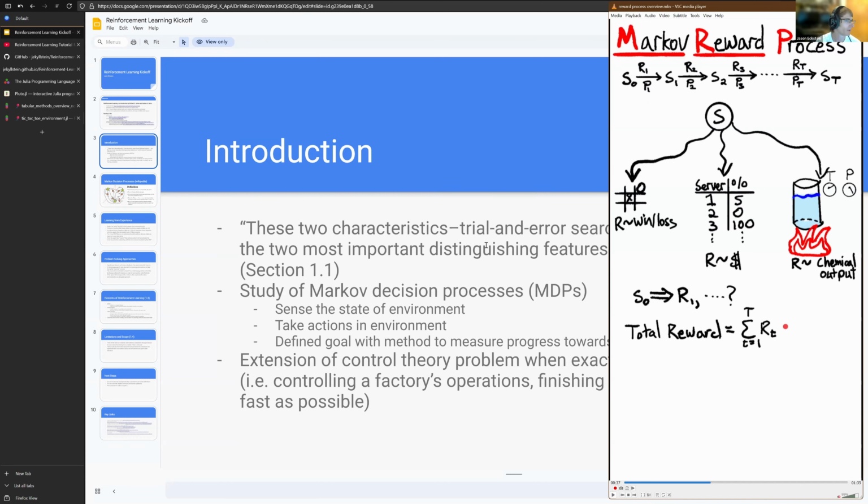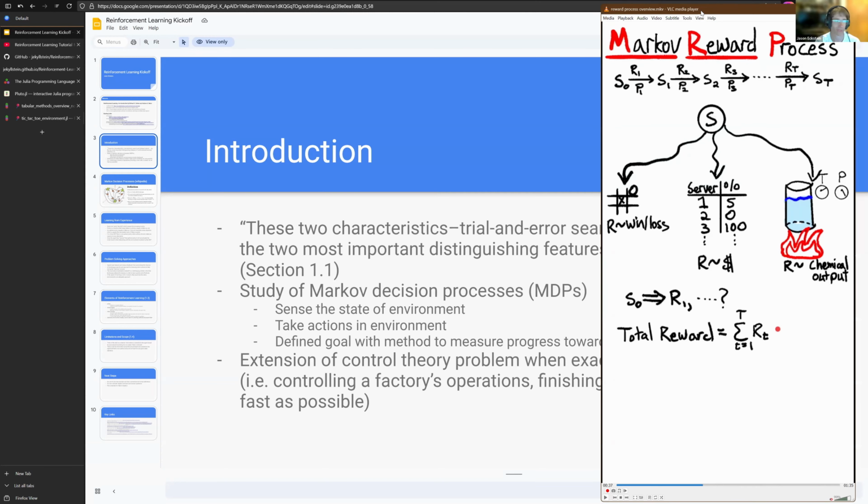That's where the Sutton and Barto sentence about these problems comes in: this delayed reward is a characteristic feature of reinforcement learning. The reward doesn't have to be delayed, but often we're interested in states far in the future, which will then have transitions that could produce a lot of reward, even if the states we're in now are not producing much reward. Are there any questions about this? I know it's a pretty general overview, but